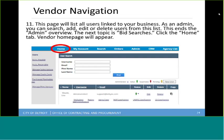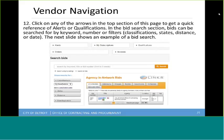From here, we're going to go ahead and click on the home screen. This will take us back up to the home page. From here, we're going to take a look at how to actually navigate this home page. You'll notice up at the very top of this screen, you have a couple of white boxes: alerts, my subscriptions,